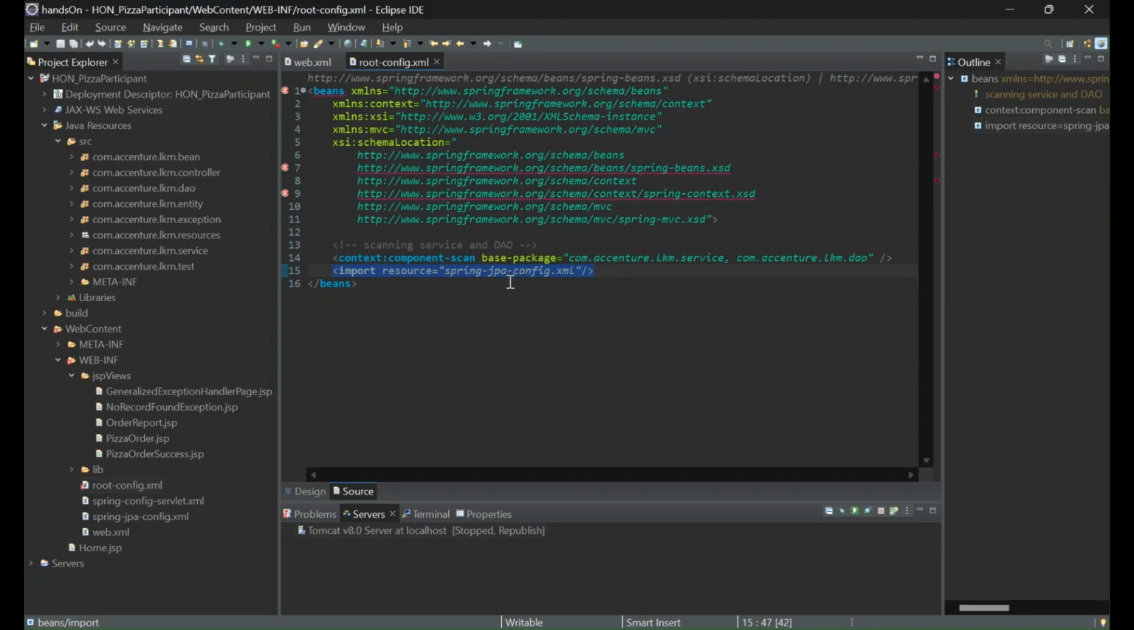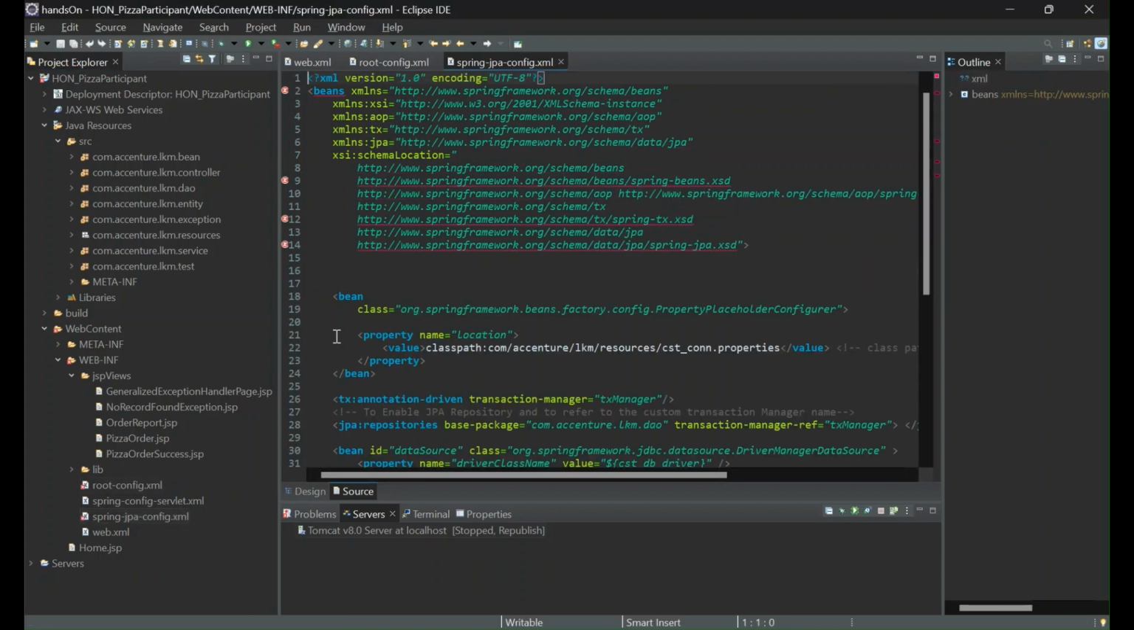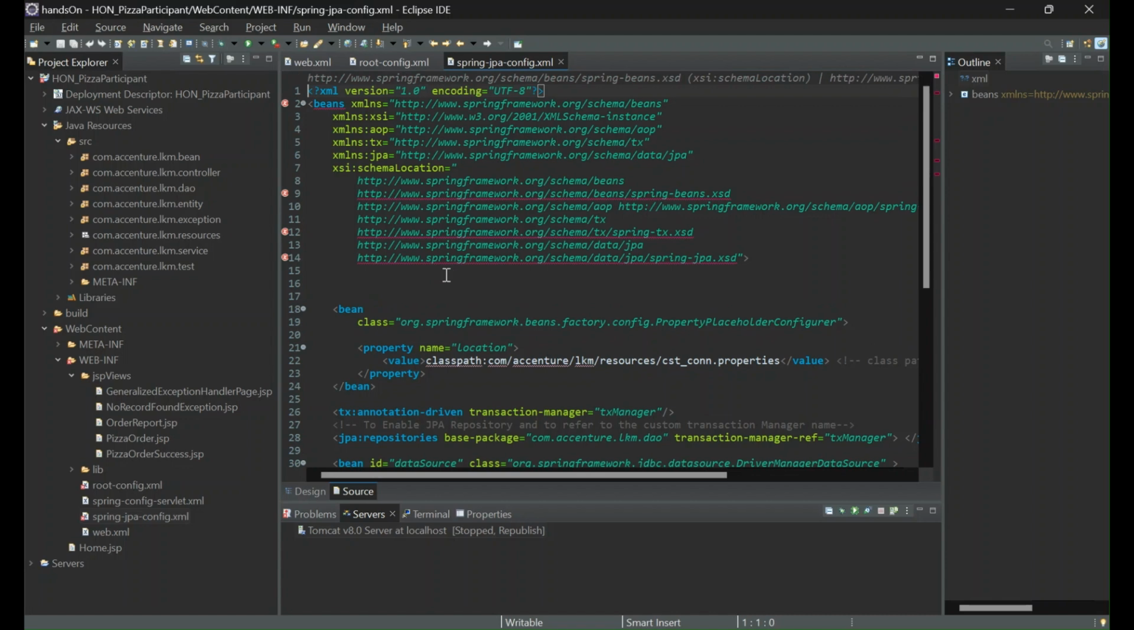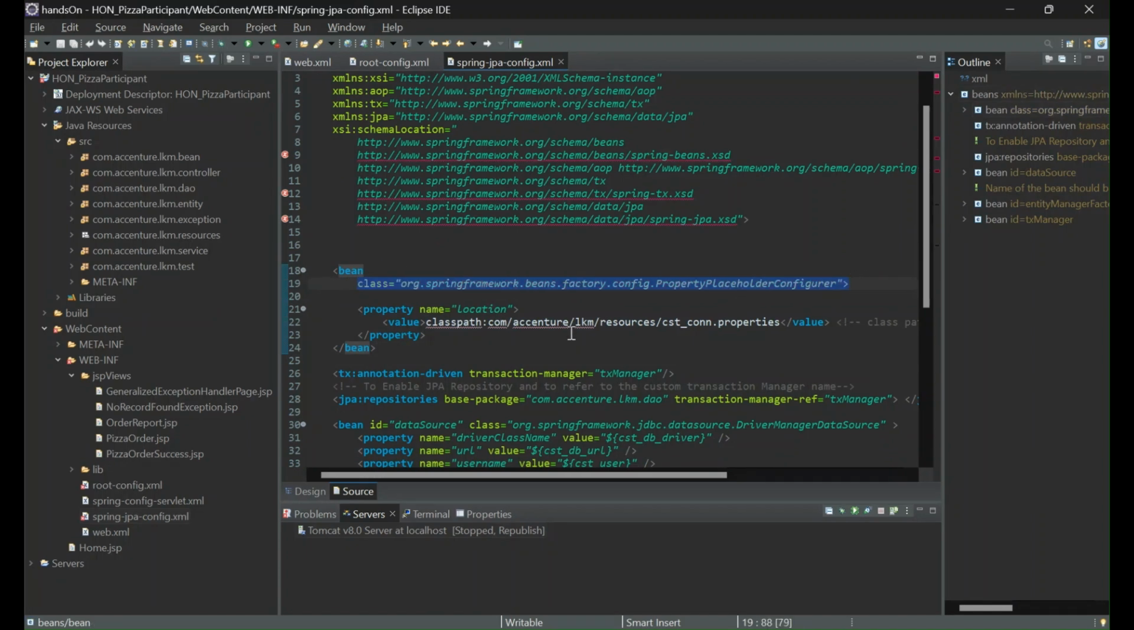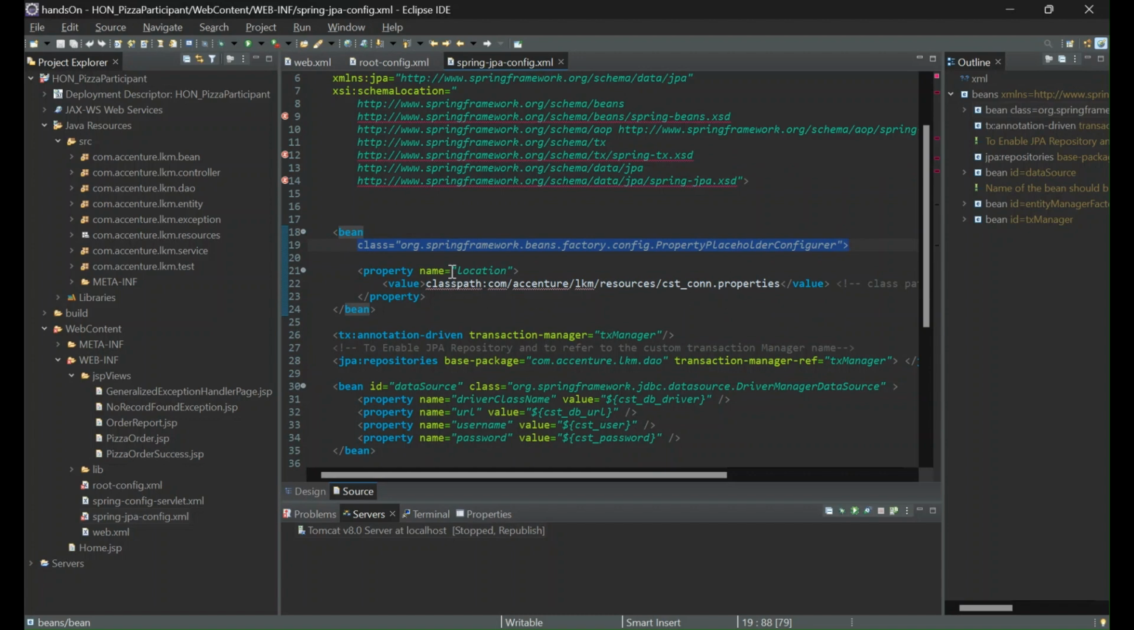Now where is this config.xml file? This is the one. In this spring jpa config.xml file, we have a bean defined over here. The bean class is property placeholder configurer. The location of it is connection.properties. So whenever we have to connect with the database, we require some credentials. Whatever details we require, we save in this connection.properties. Now it is located in resources. So let's try to open resources, and